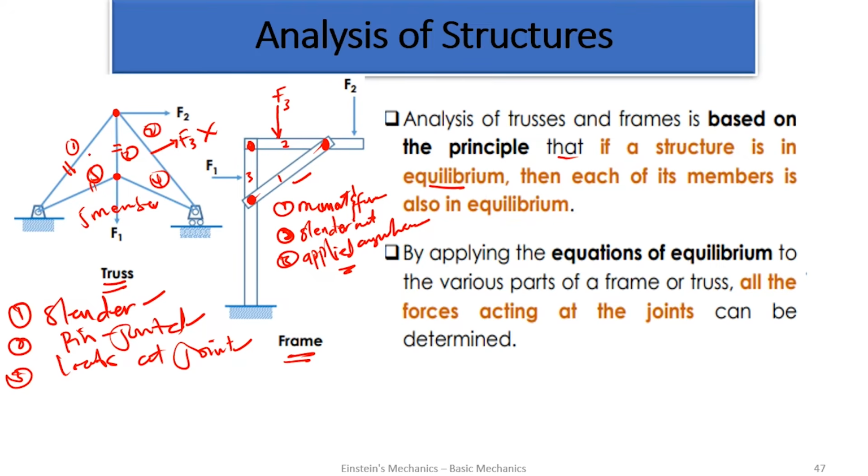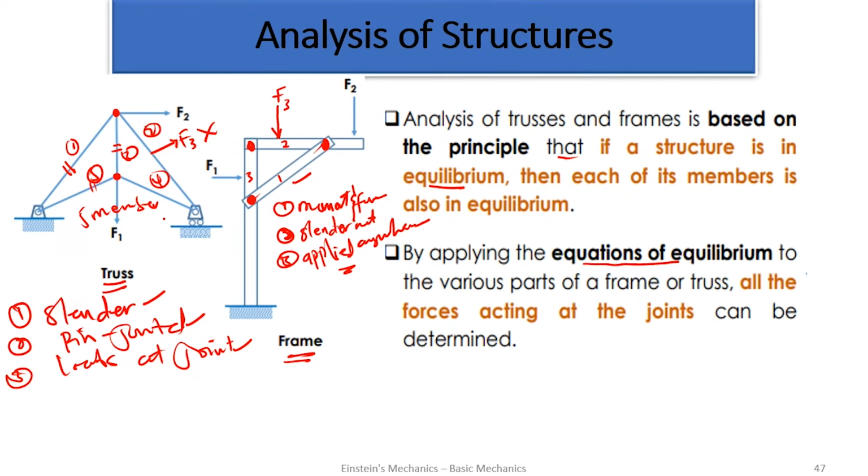If the entire truss and the entire frame is in equilibrium as it is standing, then each of its members, so member 1 to 5, each member is also in equilibrium. Because if this member is not in equilibrium, the whole system won't be in equilibrium. So we assume that since the structure is in equilibrium, each member I take will also be in equilibrium. Then what do we do to analyze the forces in each member? One, by applying the equations of equilibrium. This is the reason why we first tackled